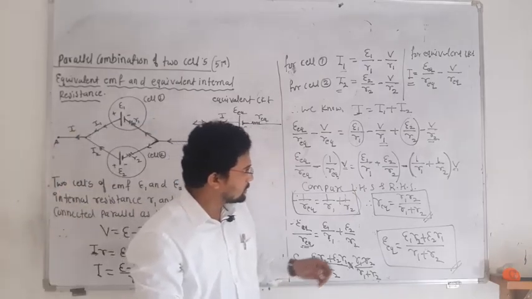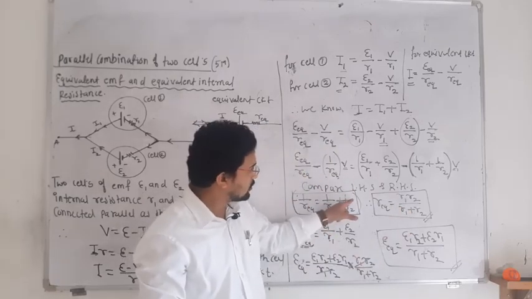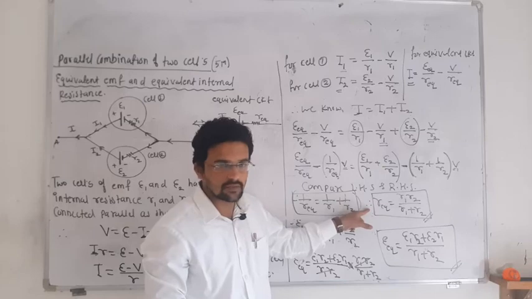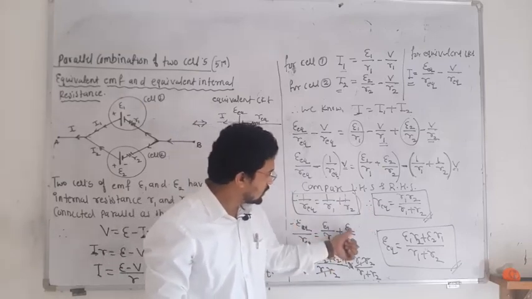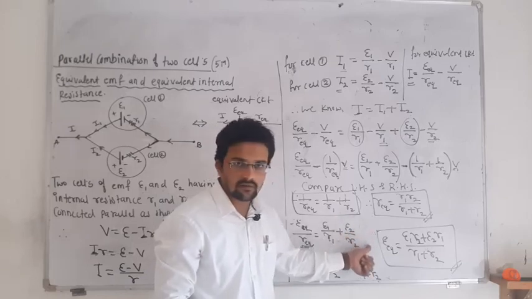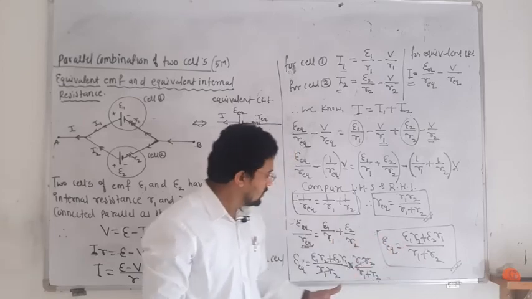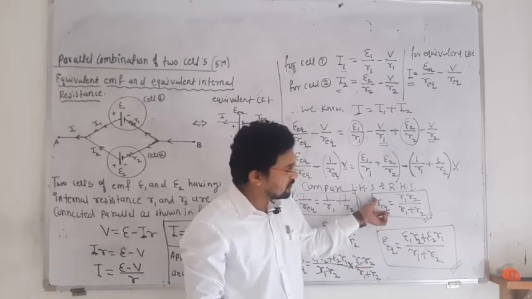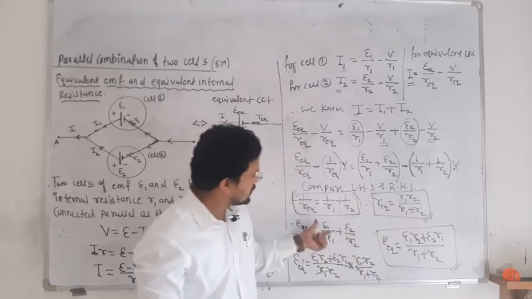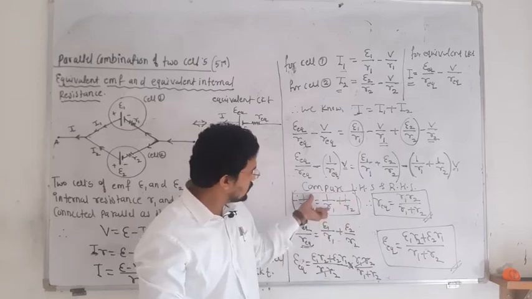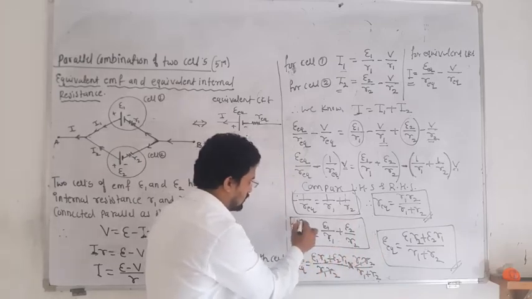Okay. So this is for two cells. If there are n cells, it becomes what? 1/R_equivalent is 1/R1 plus 1/R2 plus 1/R3 plus 1/R4, and for E_equivalent divided by R_equivalent, it becomes E1/R1 plus E2/R2 plus E3/R3 plus E4/R4. Okay, so like that you have to do. This is actually a simplified equation for two resistors, two cells. But if you have more than two resistors, then go for only these equations. So these are the two standard equations, final results.